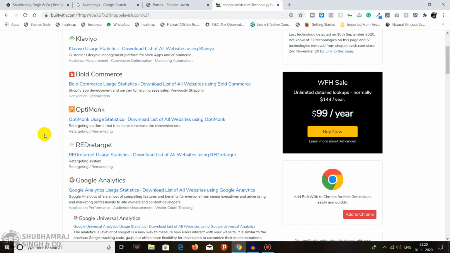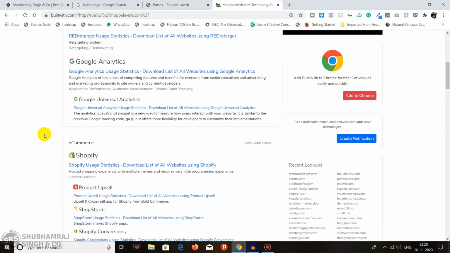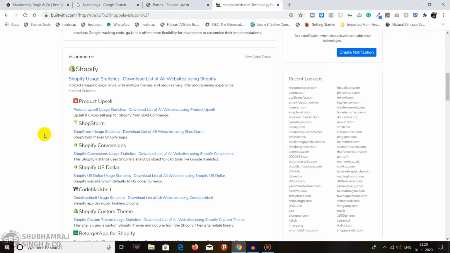What I recommend in future tutorials is to go with WooCommerce, an open source cart like WooCommerce, because this will give you more flexibility. If you go with Shopify, it's a third party thing. You are relying on Shopify. But when you are using WooCommerce, you will be developing your own website. You are the whole and soul of your e-commerce website, and no one could block you or restrict you from using the platform.